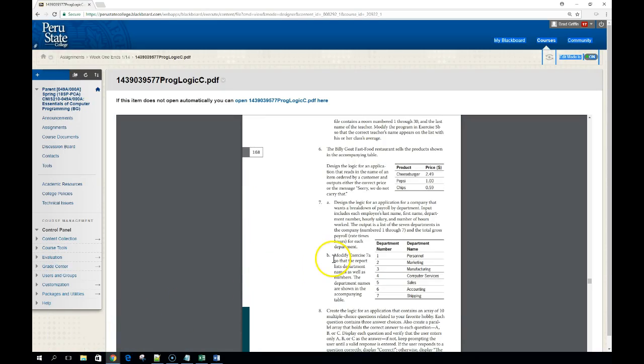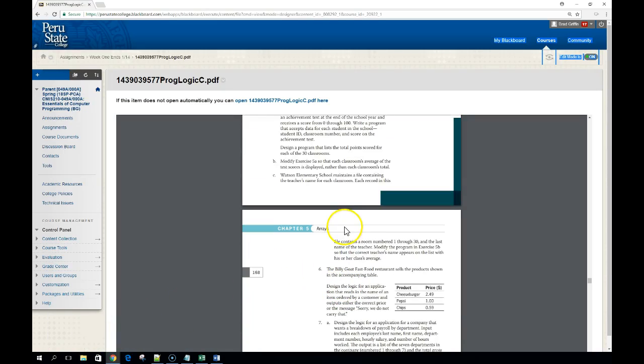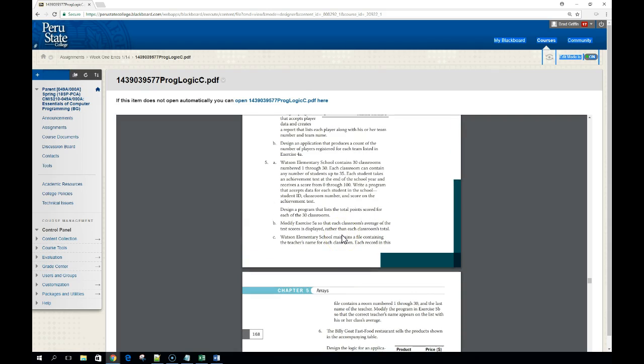So you're doing part 5, I think it is. Yes, sorry. So 5 says, Watson Elementary School has 30 classrooms numbered 1 through 30. Each classroom can contain any number of students up to 35 students. Each student takes an achievement test at the beginning of the school year and receives a score from 0 to 100. Write a program that accepts data for each student in the school, student ID, classroom number, and a score